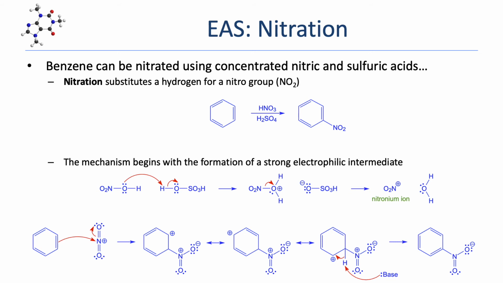sulfuric acids. In the first step, nitric acid acts as a base and is protonated by sulfuric acid. The resulting intermediate then loses a molecule of water to form a nitronium ion, which will serve as the electrophile